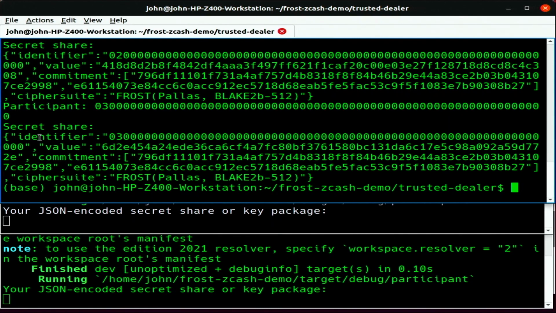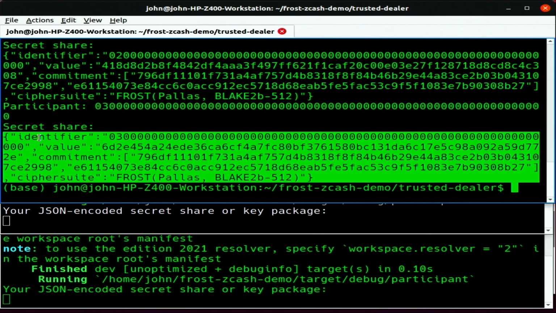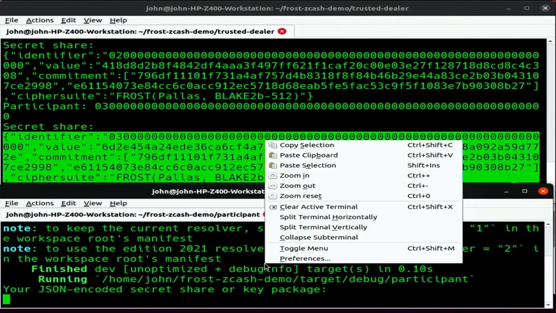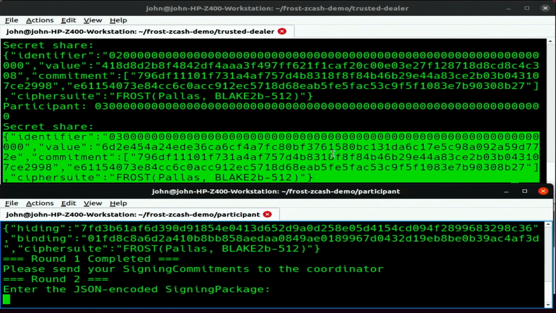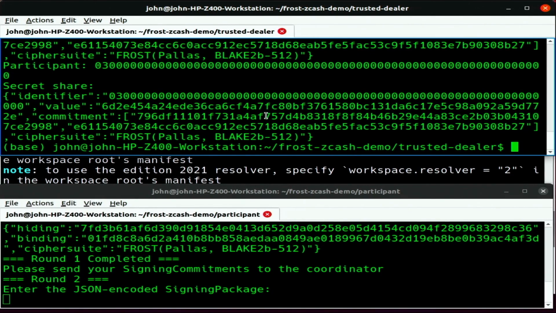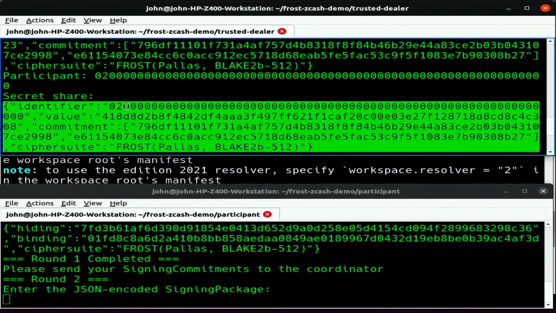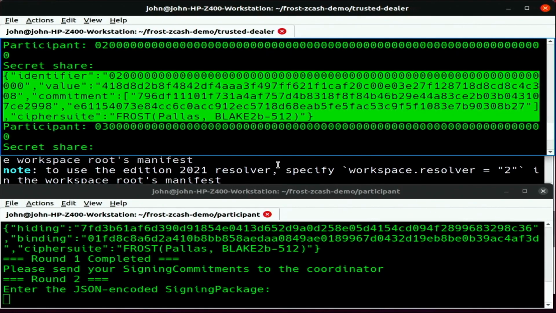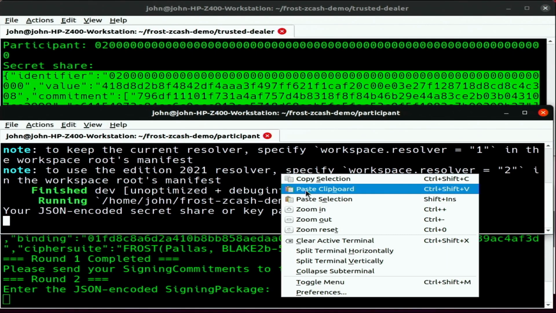So, secret share for participant 3, we'll copy. We'll put it down here at the bottom. This clipboard, okay. And now, participant 2, copy, that's this person here. Okay,